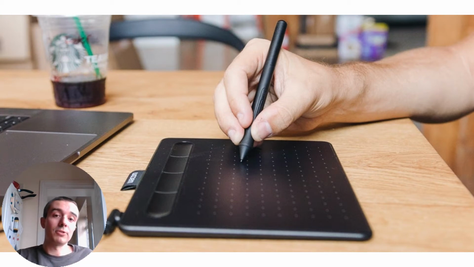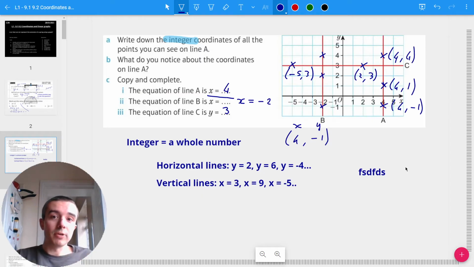Well, we can use our mouse, of course. It's not very comfortable, but it can be done. This works really well with one of those Wacom tablets. We all have one. Each member of the maths department has one now. We've used it a lot over lockdown to deliver the lessons, and it's very comfortable because you can just use a pen and just write, which makes the whole process much more natural. But there's another way you can use these,